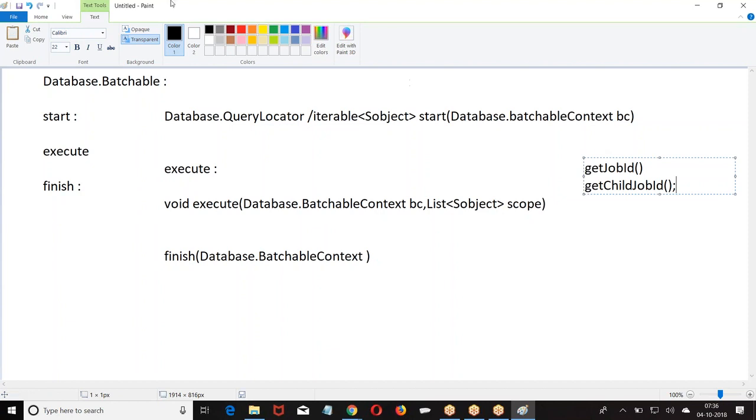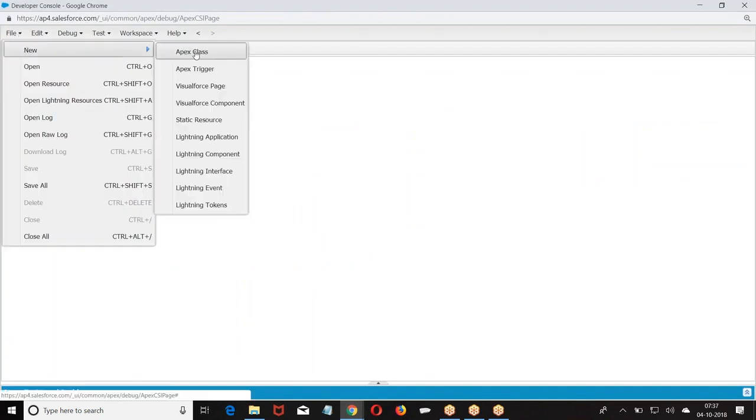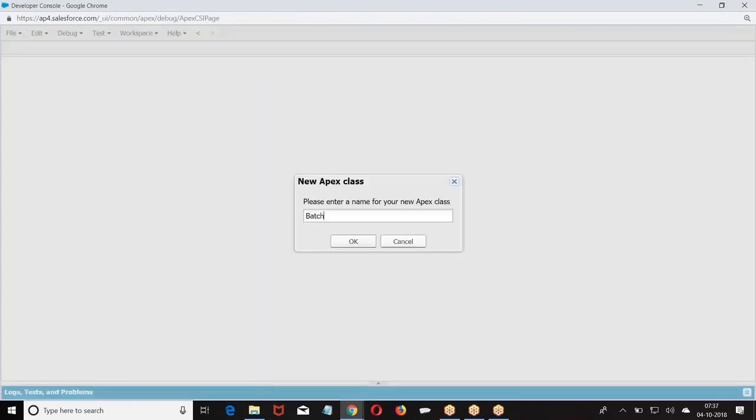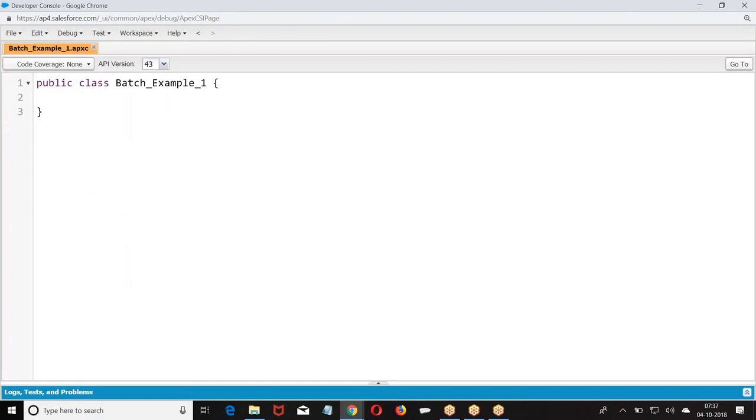Clear? So overall, look at the structure of the program. We are implementing an interface of Database.Batchable, right? What is this interface?